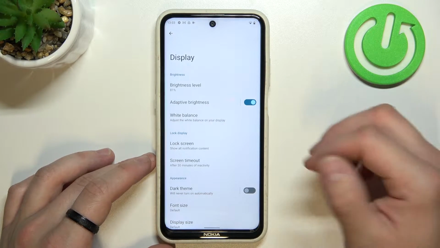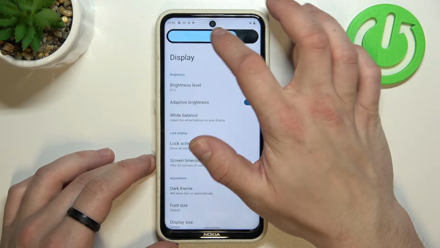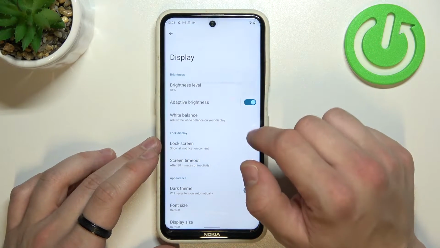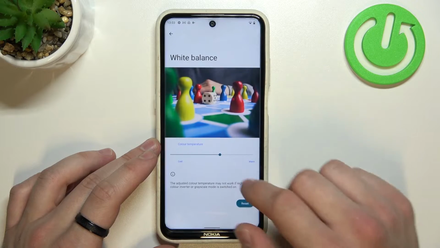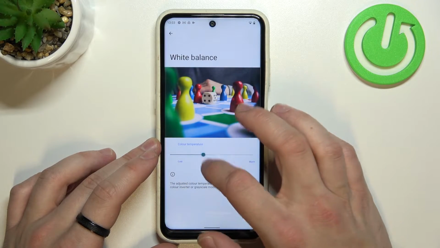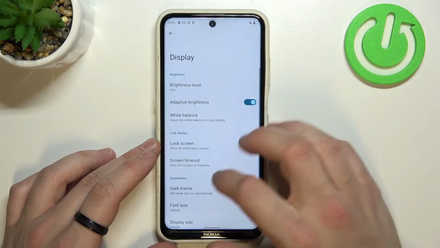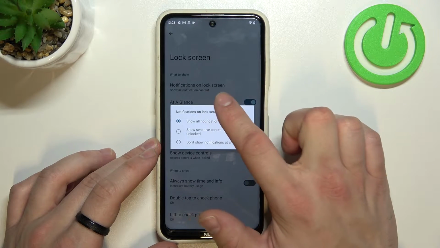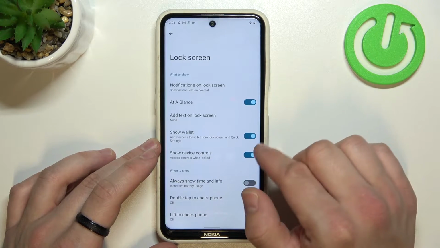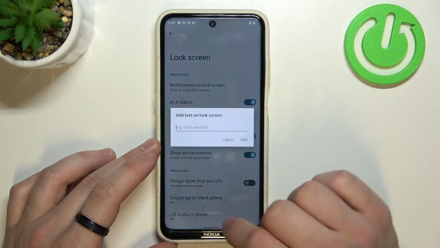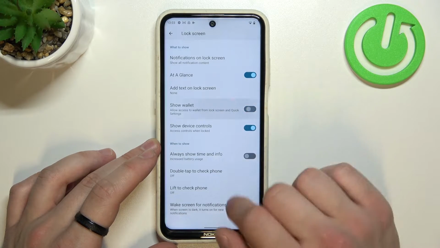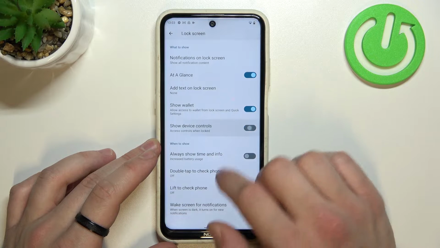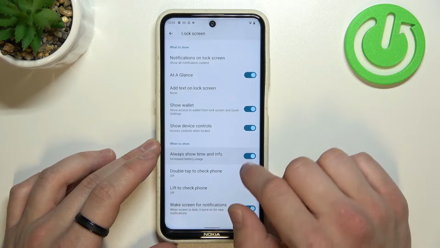Let's start with the top of the list, where we can change brightness level, enable or disable adaptive brightness, adjust white balance between warm and cold, manage lock screen. For example, you can manage notifications on lock screen, enable or disable add a glance, add text on lock screen, enable or disable show wallet, show device controls, always show time and info,